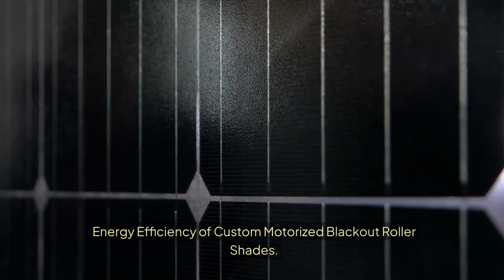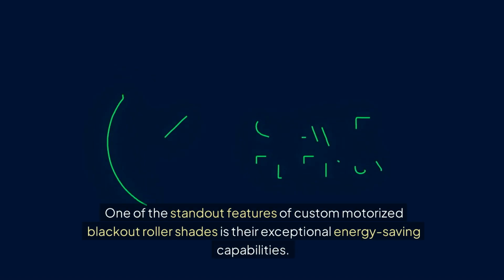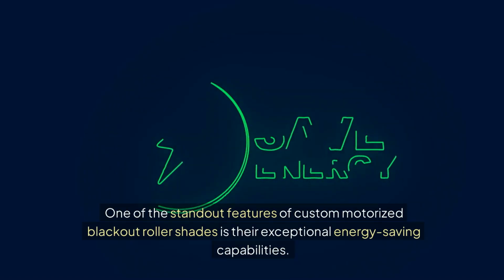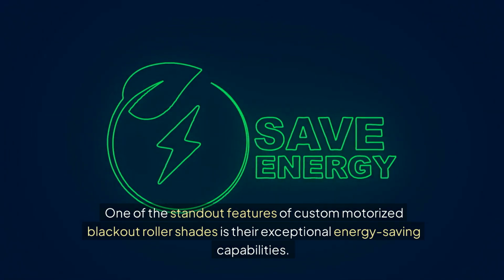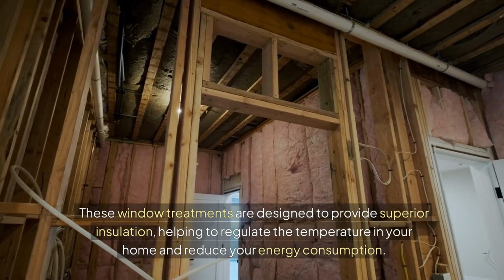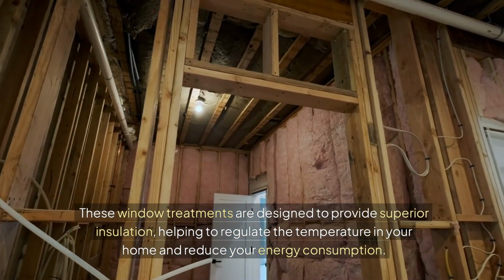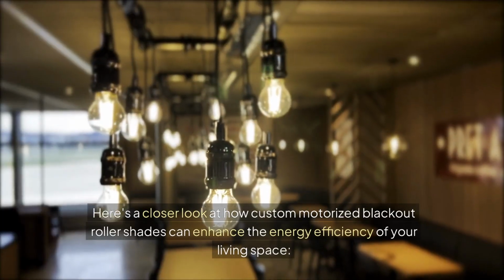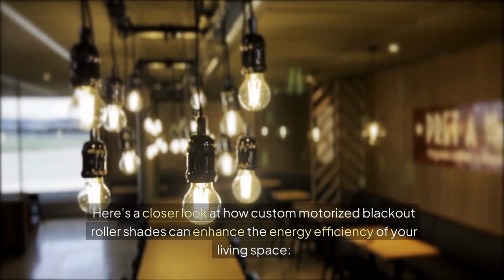Energy efficiency of custom motorized blackout roller shades. One of the standout features of custom motorized blackout roller shades is their exceptional energy-saving capabilities. These window treatments are designed to provide superior insulation, helping to regulate the temperature in your home and reduce your energy consumption. Here's a closer look at how custom motorized blackout roller shades can enhance the energy efficiency of your